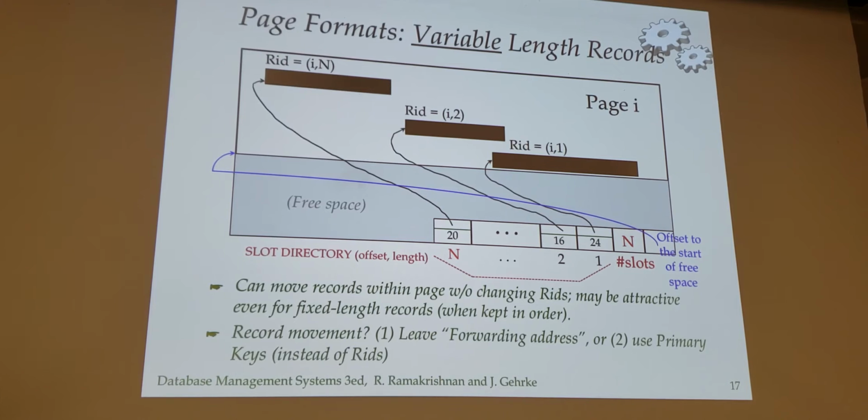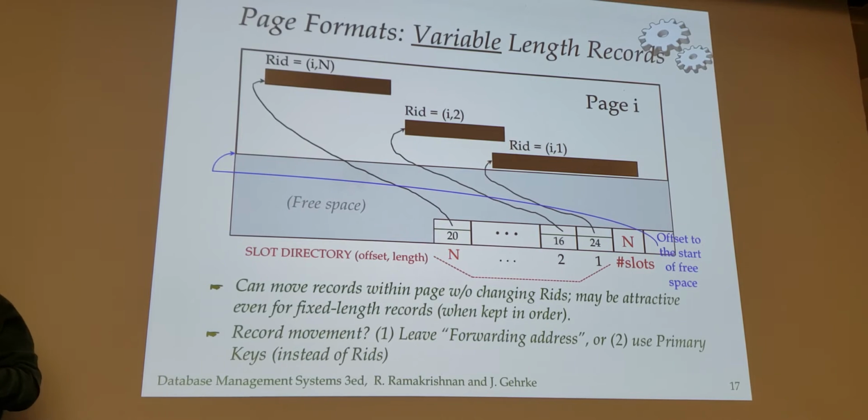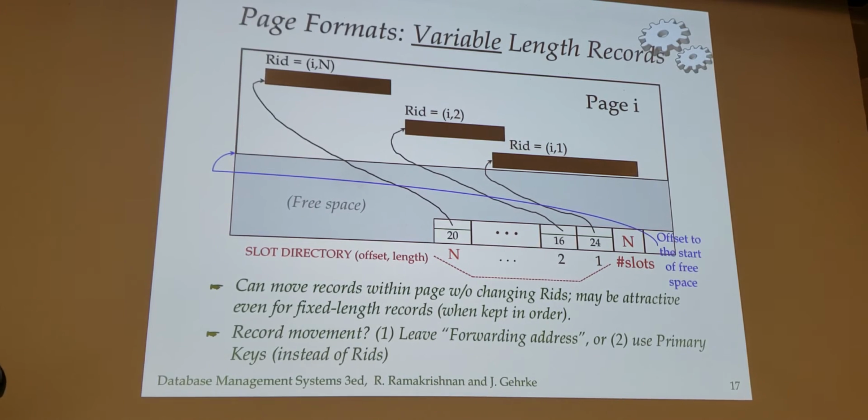So the things on the previous slide would work nicely, at least the second one could, when things are fixed length, but in practice things are often variable length. And in project one, things are variable length. So how are we going to end up working with these things? We're going to have a slot directory, and it's a lot like what you saw already. We're going to have N at the end, which tells you how many slots there are on the page. That is, how many records there are